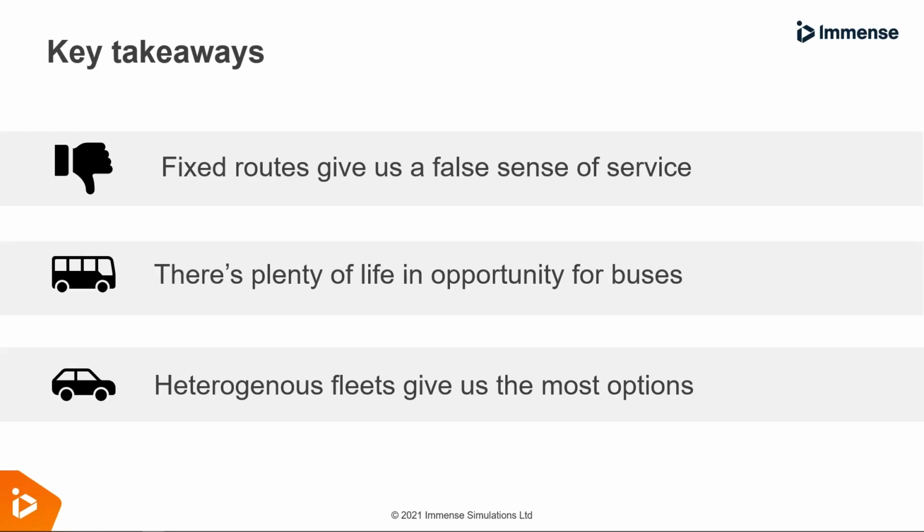The second thing is that whilst I'm a fan of, when we talk about revolution in public transit, I really believe that means embracing demand responsive services. I believe that means embracing microtransit and indeed embracing things like micromobility. That doesn't mean that there isn't plenty of life in the opportunity around buses and fixed route services. Buses, like rail transit systems, there is no more efficient people mover in terms of high volume corridors. But what we need to focus on is how we supplement these in the best way.